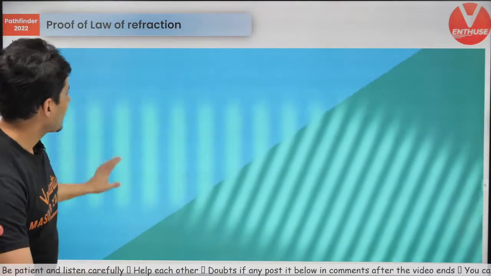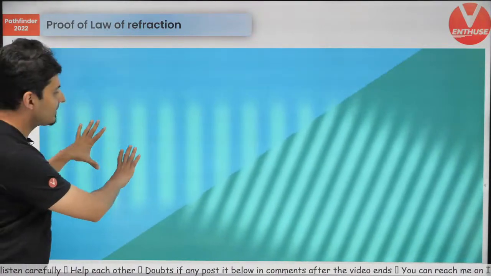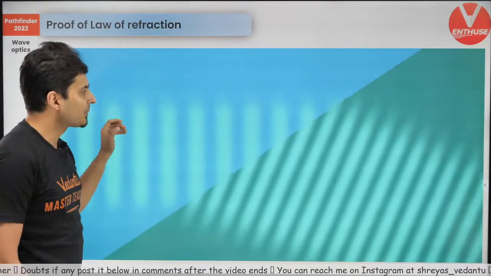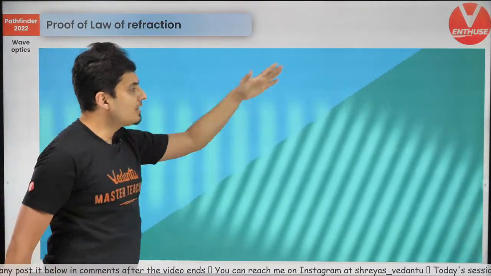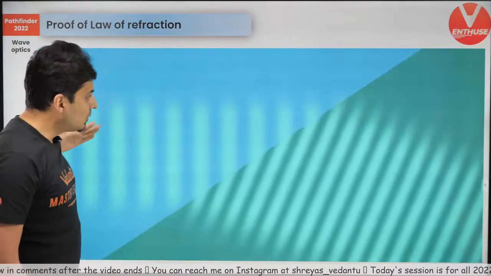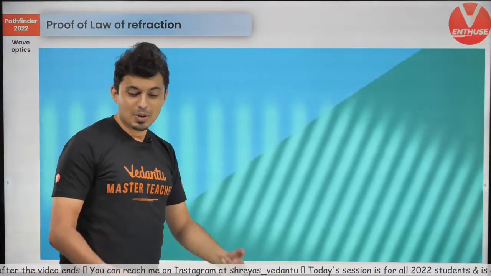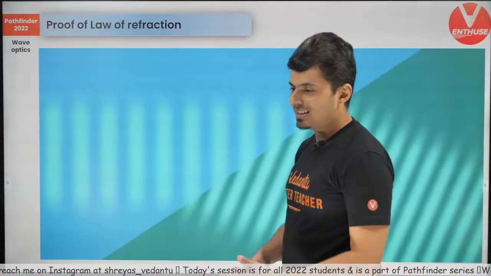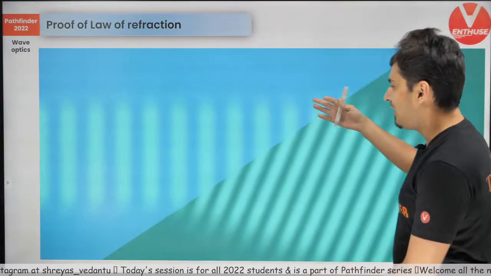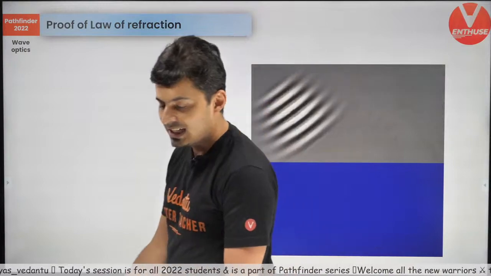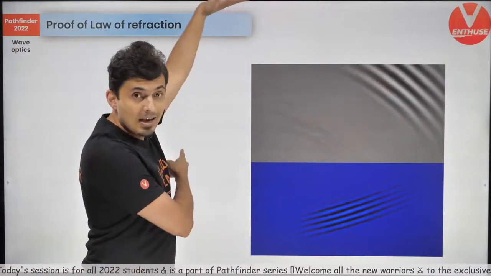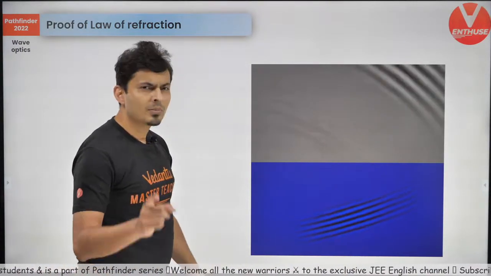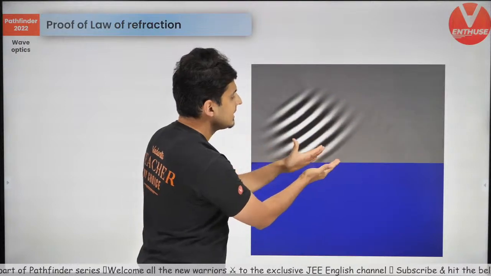Now look at this. Refraction. These are light waves meeting the interface of two different media. Here the waves are traveling at one speed, here the waves are traveling at a different speed. You will see that the light has bent because the speed has changed. This is very interesting. This bending of light is nothing but refraction. You can see that. I'll show you one more example. Look at this, one more simulation to make you understand this. It's the same previous example, but on the side below, you have another medium. So some of the light which is incident gets reflected.